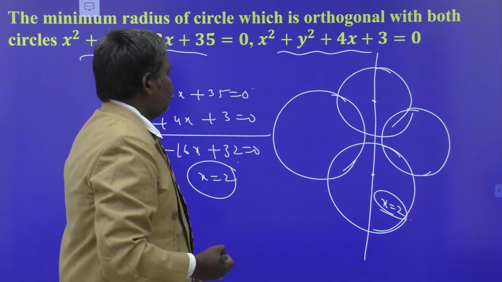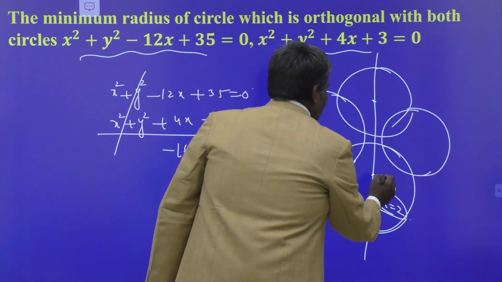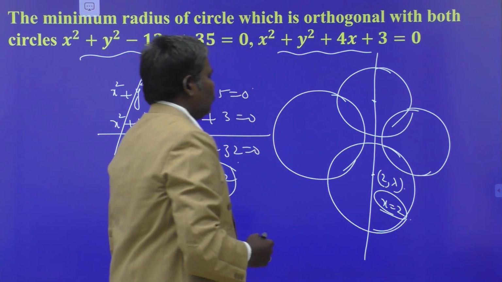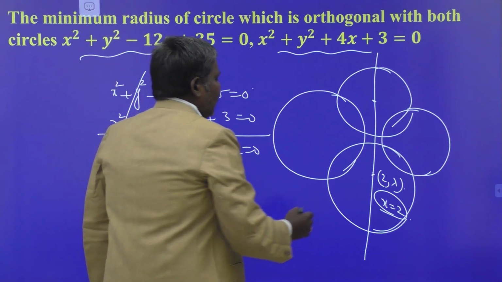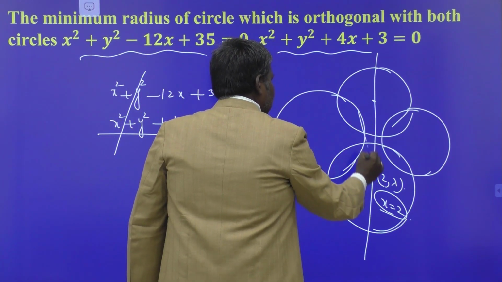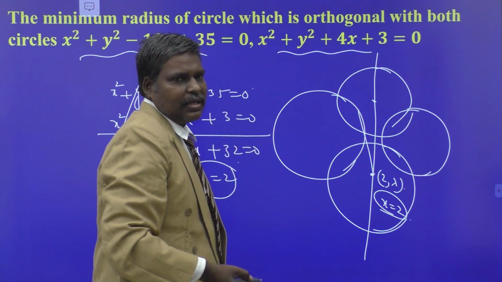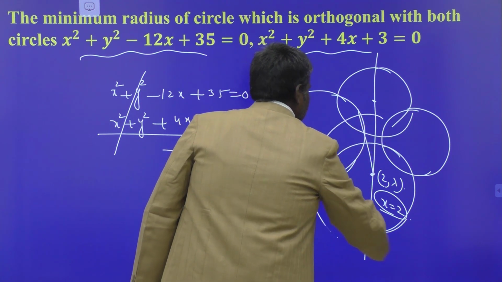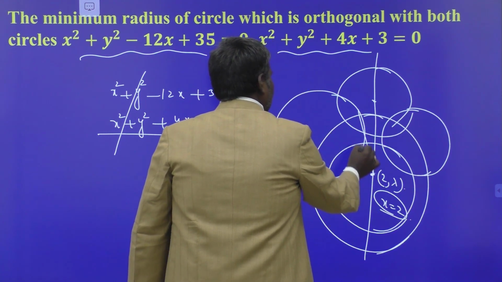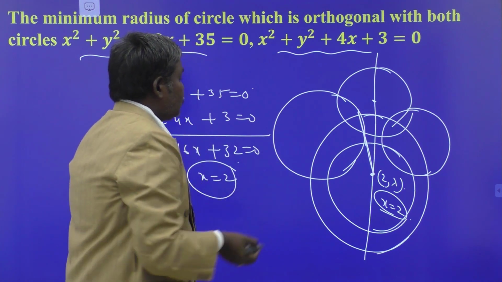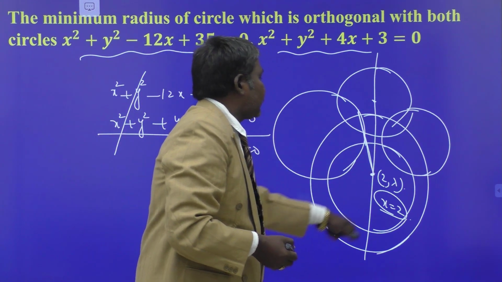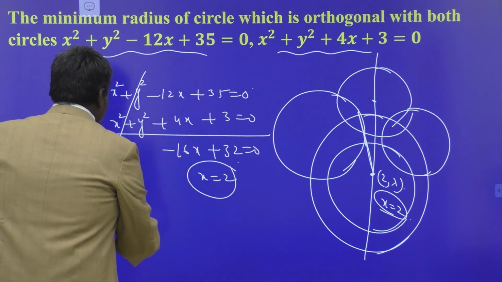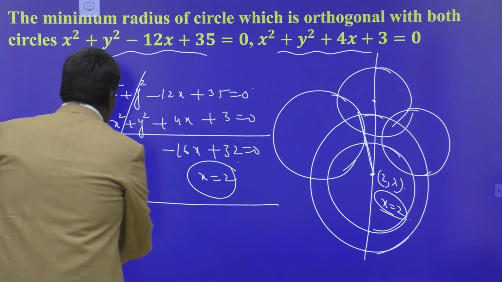Now, suppose x equal to 2, then the center of the circle may be taken as 2 comma lambda. Now the length of the tangent from the center to any circle is equal to the radius of that circle. Am I correct or not? So if 2 comma lambda is the center of the circle, then the length of tangent from the center to the two circles is equal to the radius of the circle. We know that. So from that 2 comma lambda, can I find the length of tangent or not? That is the radius of the corresponding circle.